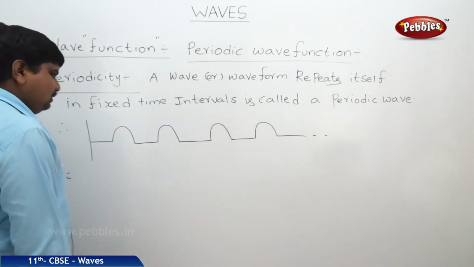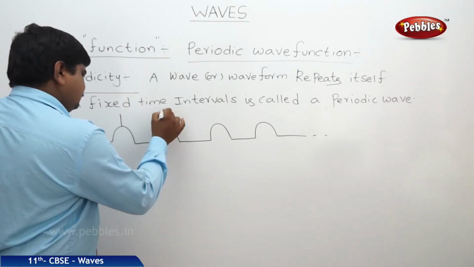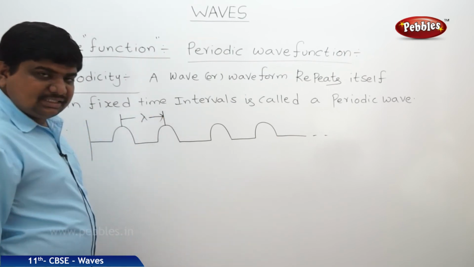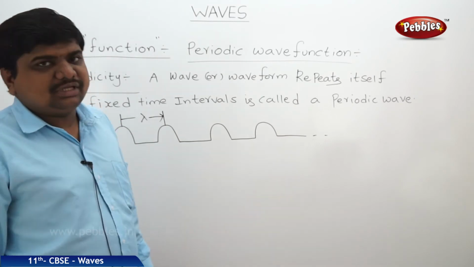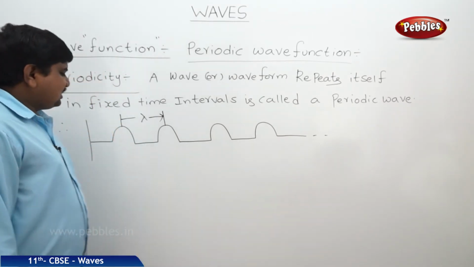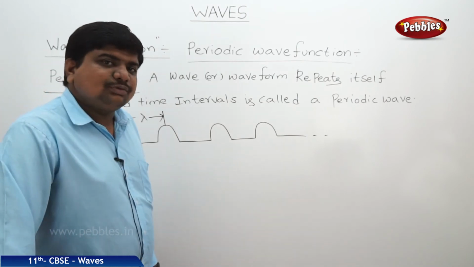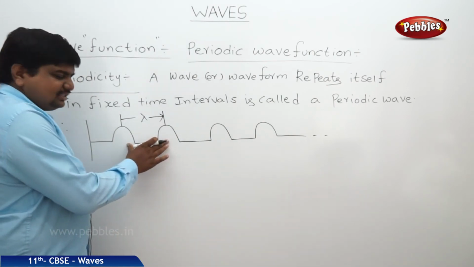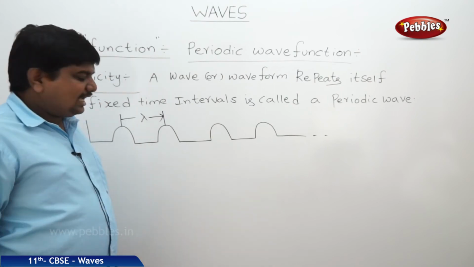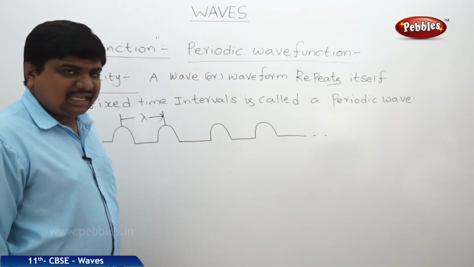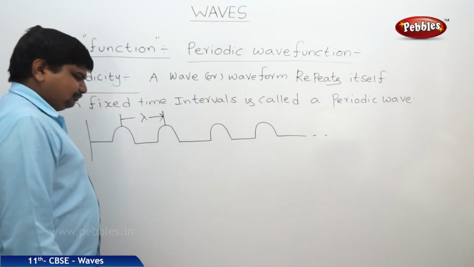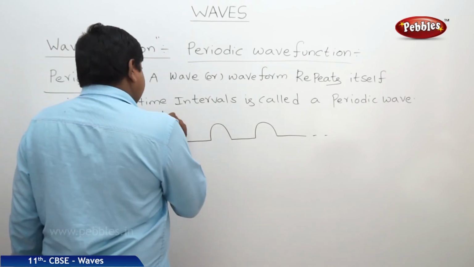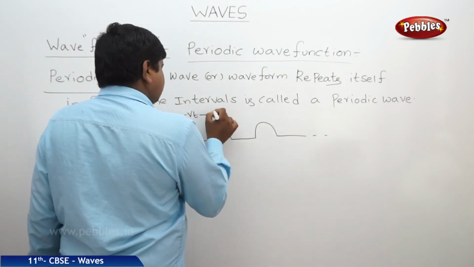So in this case, the distance we can call lambda, because the wavelength is defined as crest to crest or trough to trough, or the distance between two successive compressions or rarefactions. Here, the peak to peak distance is called lambda. In other words, we are expressing this wave function in terms of velocity and time also. Therefore, we can write v into t. The same v into t is repeated here also and here also.